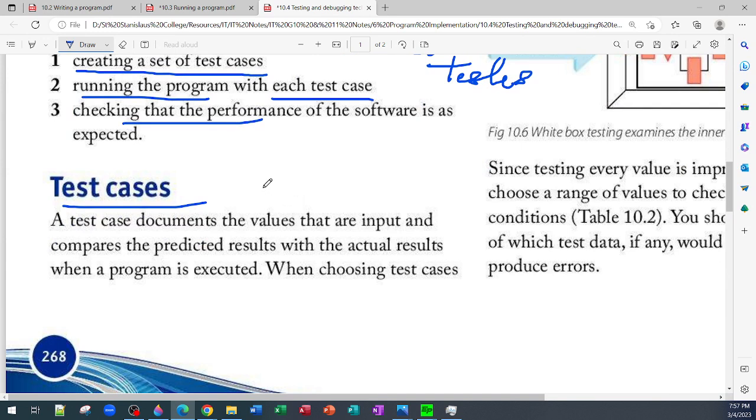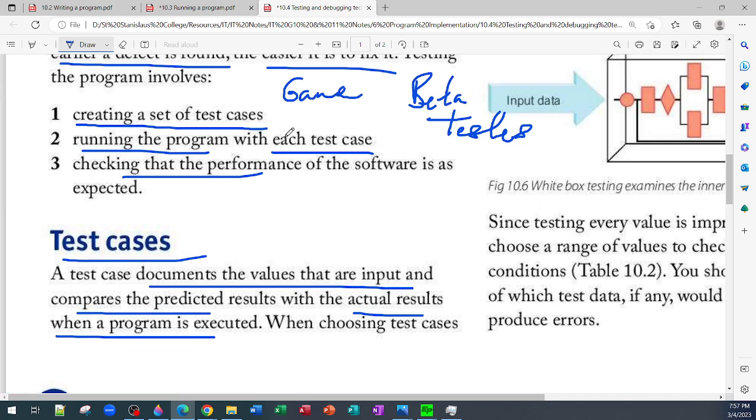Our test cases. A test case documents the values that are input and compares the predicted results with the actual results when a program is executed. Like the example I gave here, they might make 10 characters appear in the game and check it to see if the performance is the same as when one character appears in the game. So when choosing test cases,